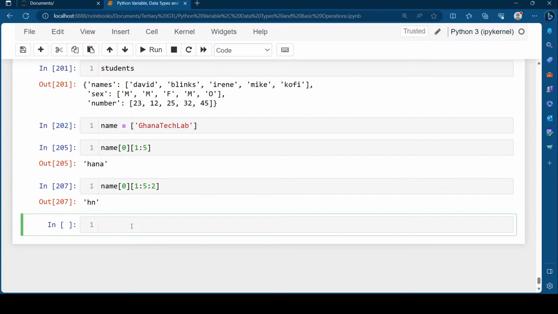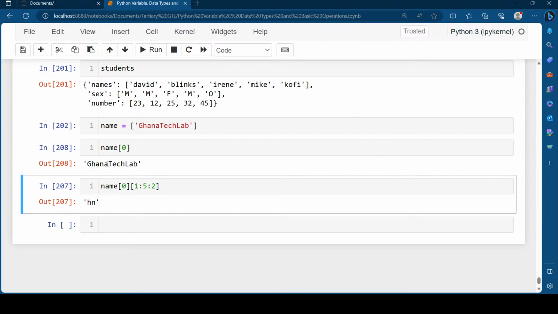So it's more of like, this is what you want to do. The first one, this is basically what we are doing. We are picking Ghana Tech Club. Now I want to pick from first to five, from the first position, position one, to the fifth. So J is zero, I don't want zero, so we are starting from H, which is one. One, two, three, four, five. Five ends at T, and that number is always not included, so you are left with